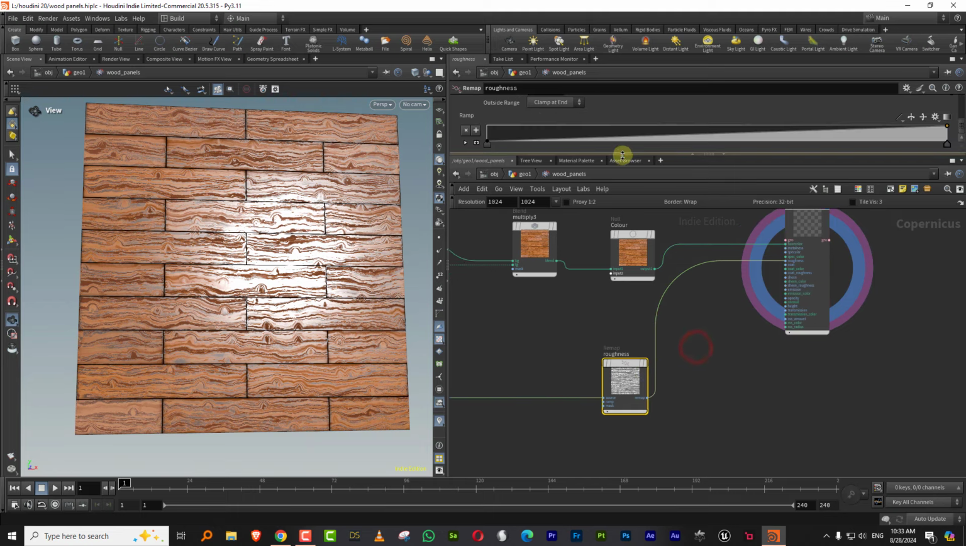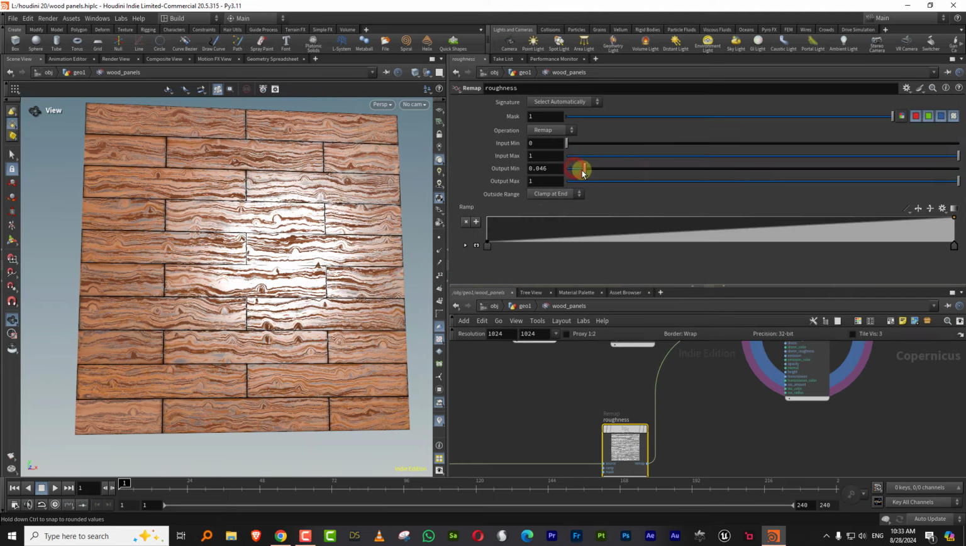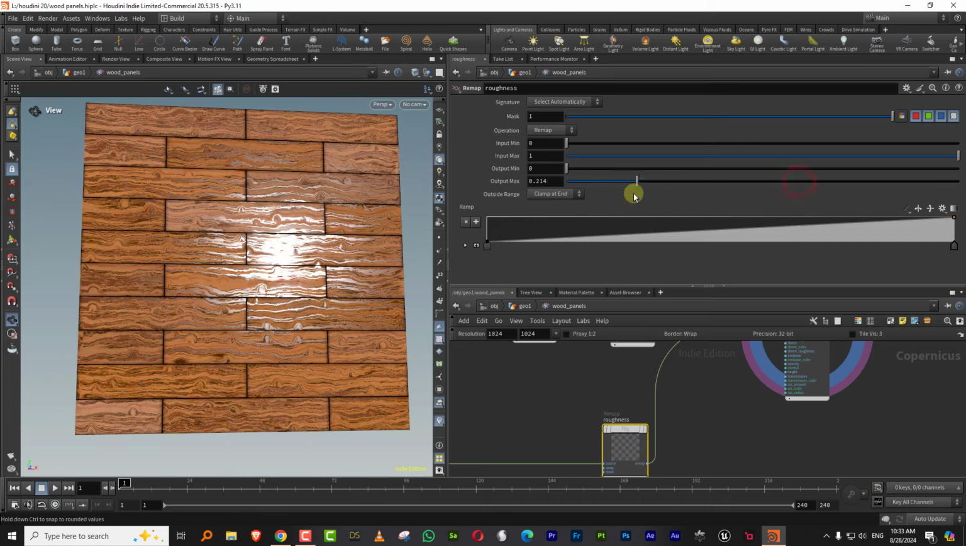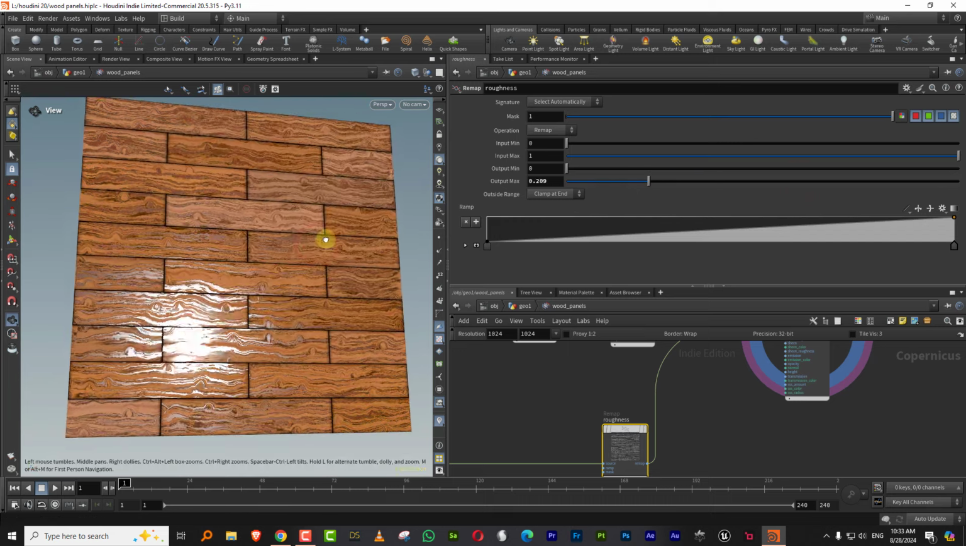But then you can define how much you want, so we want a little more, and this needs to be a little bit less. So you can adjust how much you want. See,